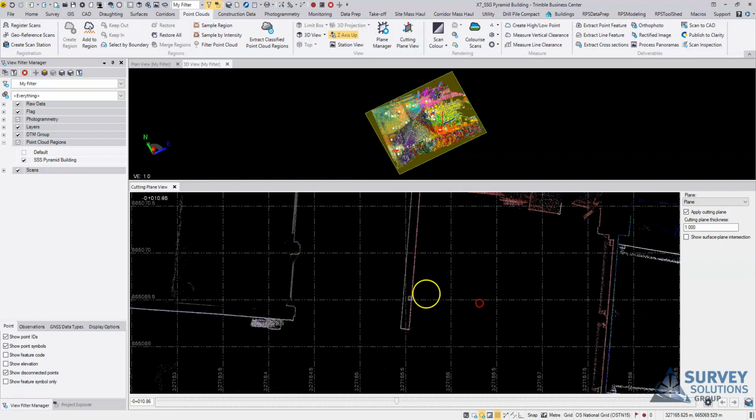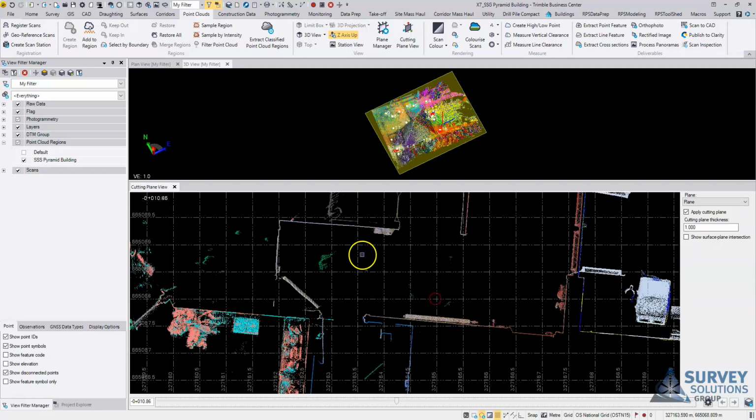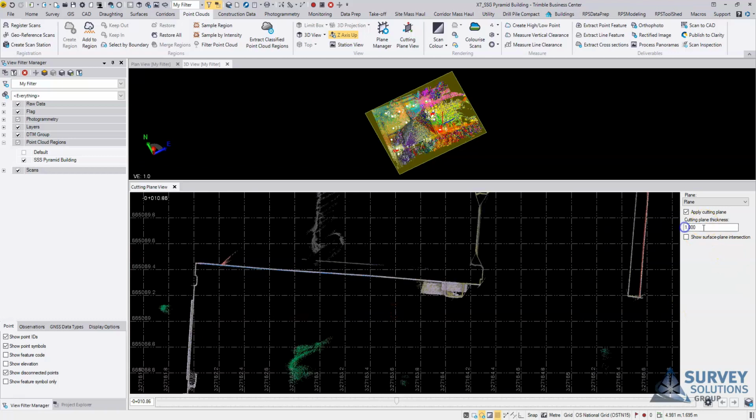And I can start to go through my data basically and check it for any issues I might have in terms of overlap. I can change the plane thickness here,